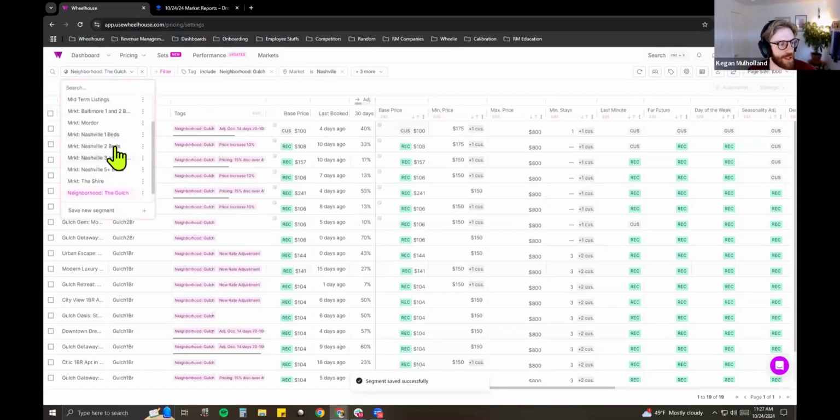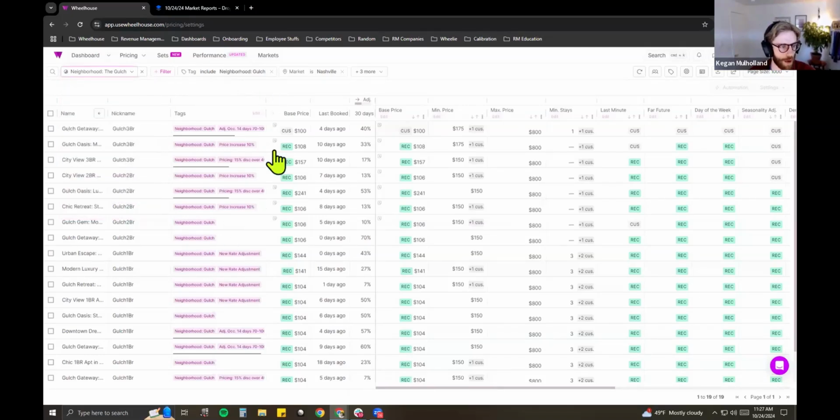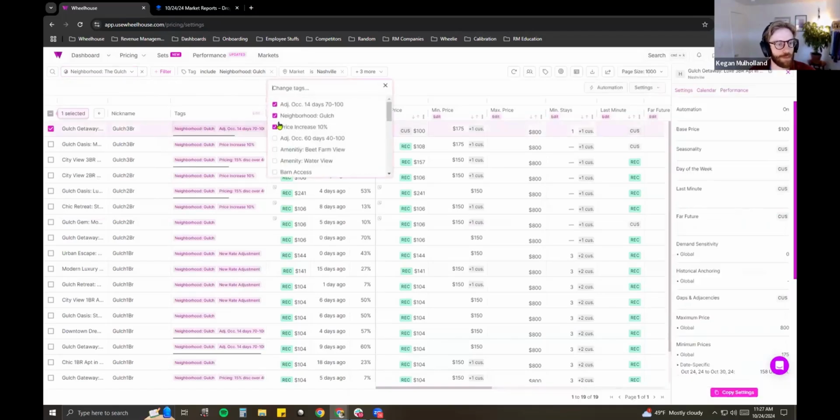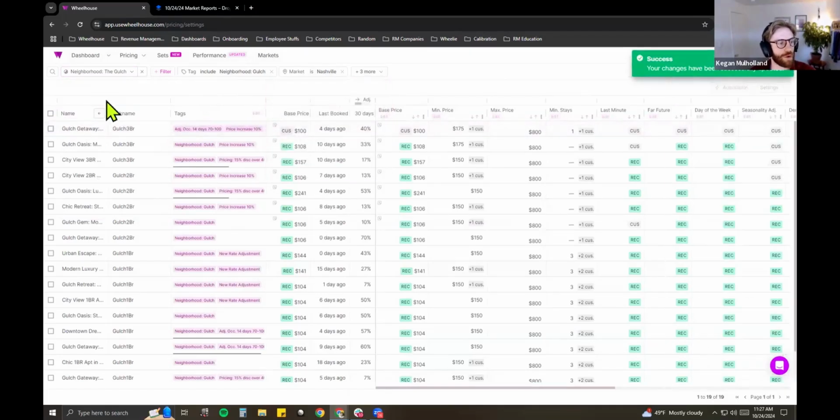And now not only did I have my market tags for Nashville, I have that new segment for the Gulch. Now, let's say I've onboarded a new property. Let's pretend that this is a new listing. So I just removed that Gulch tag from one of my properties. I would need to make sure to find that listing.